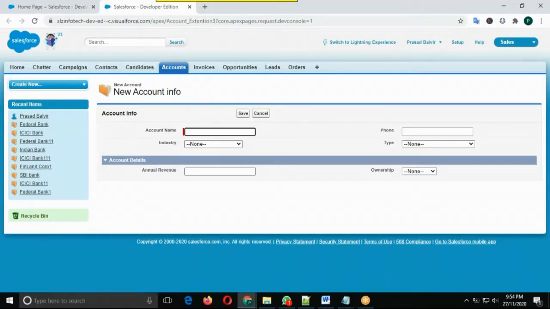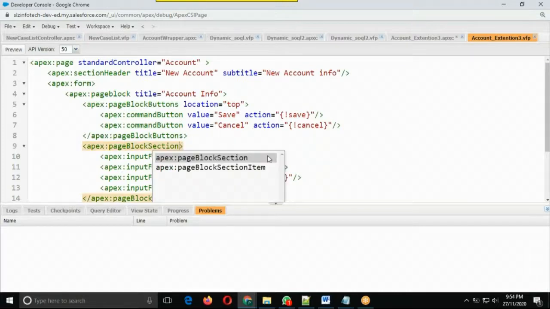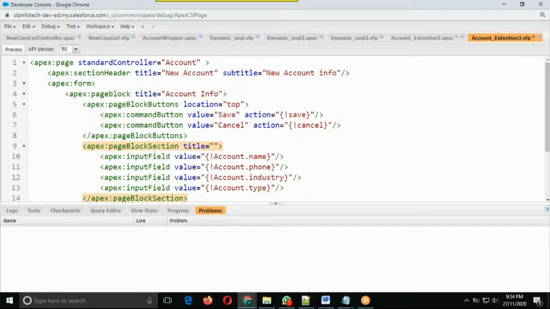We have customized it in a different way. So in account info, you can put one more thing here: account location, account page block section, put a title here. Account info.